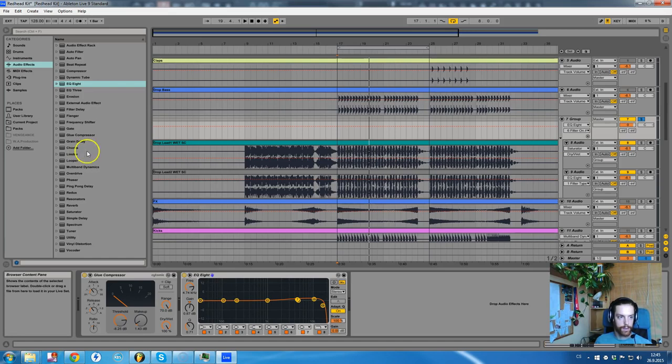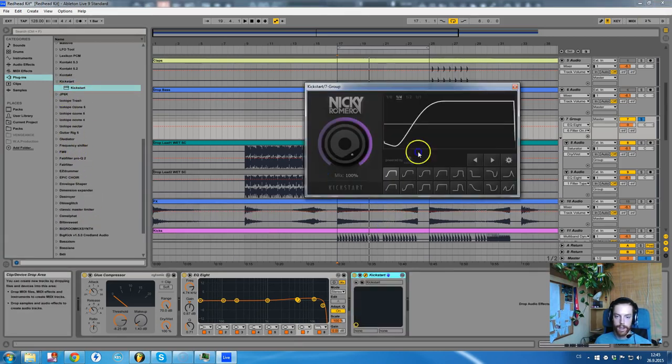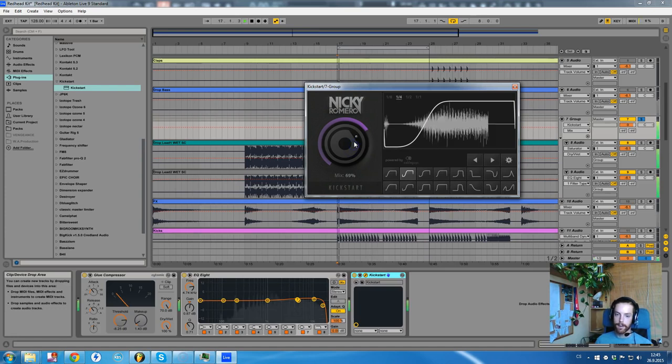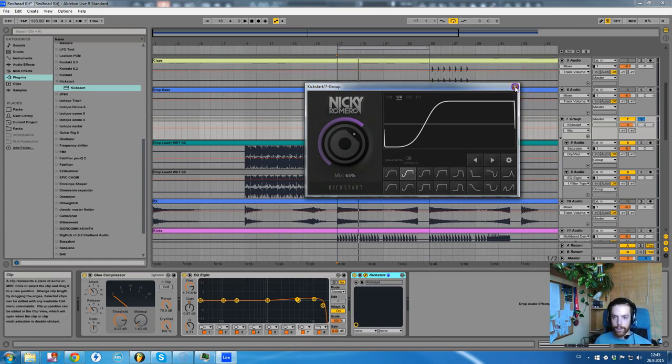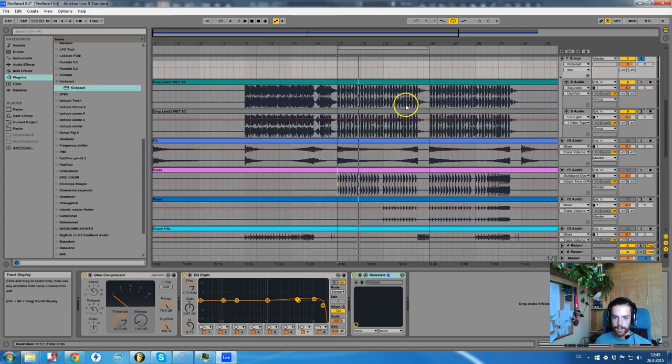The last thing for this chain I think should be the Kickstart plugin, because as we were compressing the sound, which is already sidechained, we maybe lost some of the sidechain effect, so I will just add it in there again. You can see that some of those frequencies are really in there, so I'm just putting them away. So yeah, that's